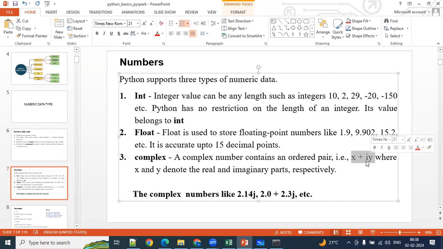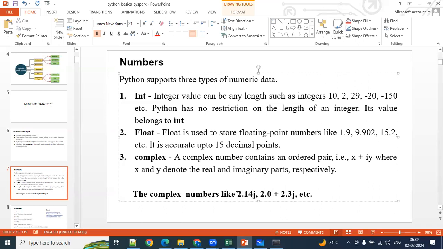We have to represent it like this: 2 plus 3j or 2 plus 2.3j. We have to represent only j here. It will not work otherwise, because they have fixed it that way. For complex numbers, we have to take only the alphabet j, and that too we have to represent after the number here. So this is the format actually.